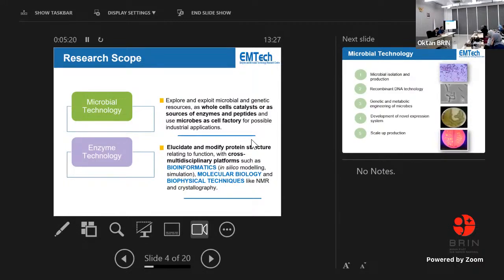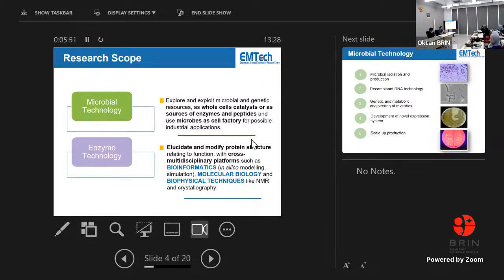And very fortunate that BRIN has acquired very powerful structural biology tools, called cryo-EM microscopy. So this, I believe, shall be one way to accelerate further the development of structural biology in Indonesia. So crystallography has been one of our core research. We started off back in 2004, where we produced our first protein crystal in the country.